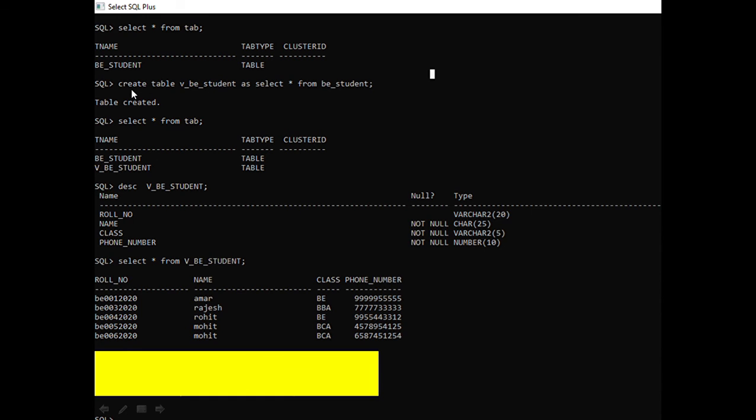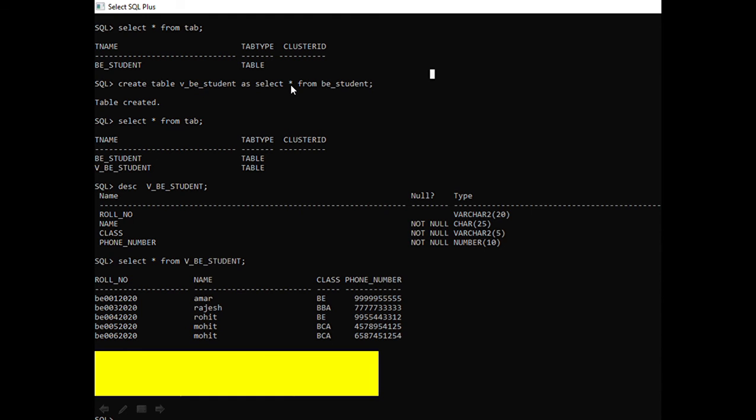I am writing create table, as select asterisk from my existing table. My existing table is B underscore student, because I changed the name student to B underscore student. So I should write B underscore student. The new table will be the same copy as B underscore student.